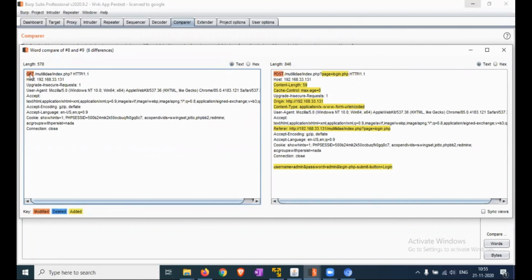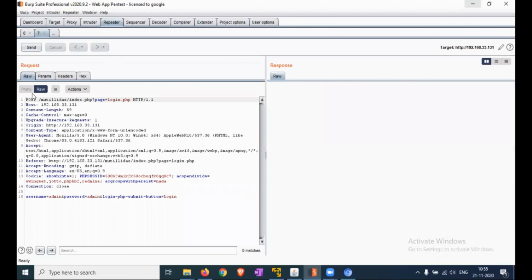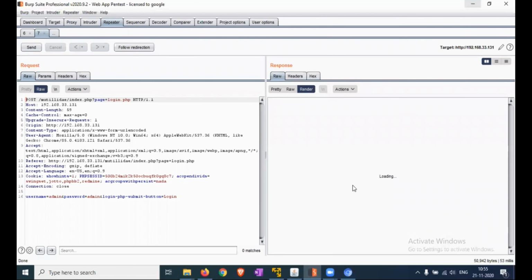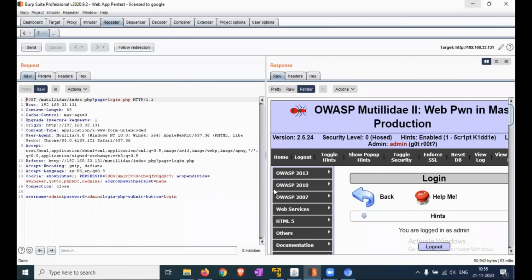You can see the request is a GET without login, and a POST with login. And here you can see the added parameter. Close that and check the Repeater request also, and here you can see the render: you are logged in as an admin.